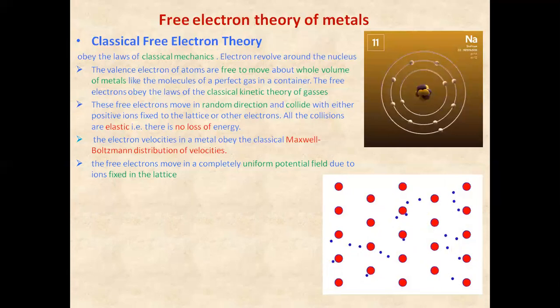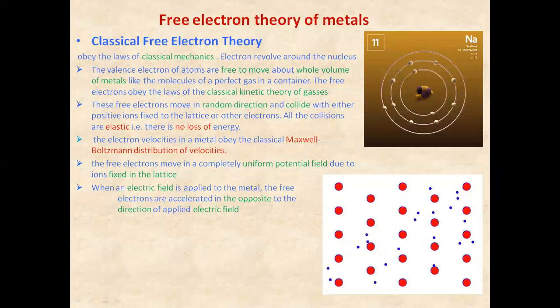That means this is a uniform potential field. It is a uniform potential field, which is fixed in the lattice. Now, when an electric field is applied to the metal,